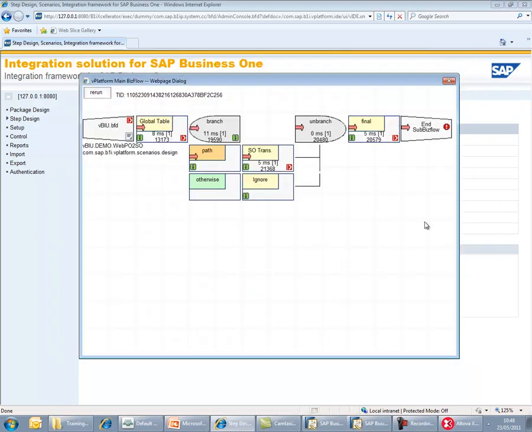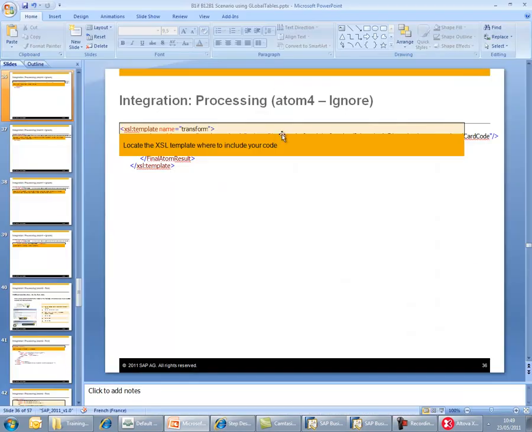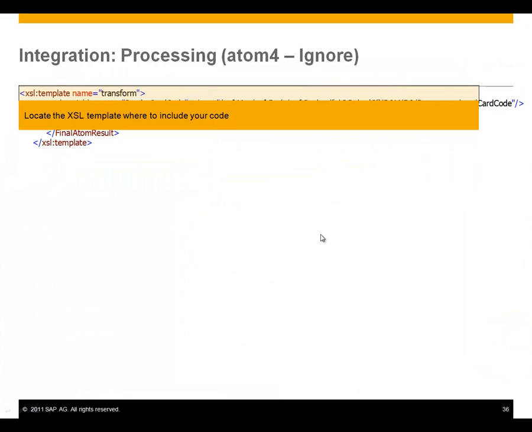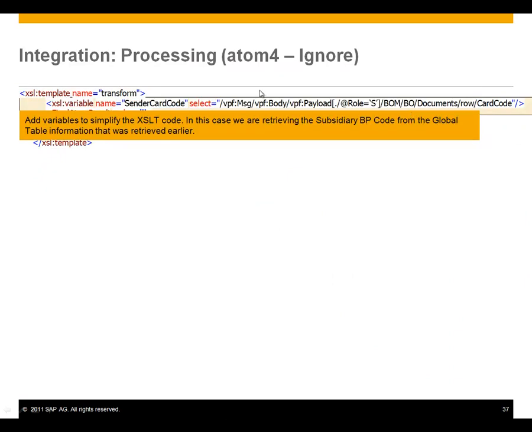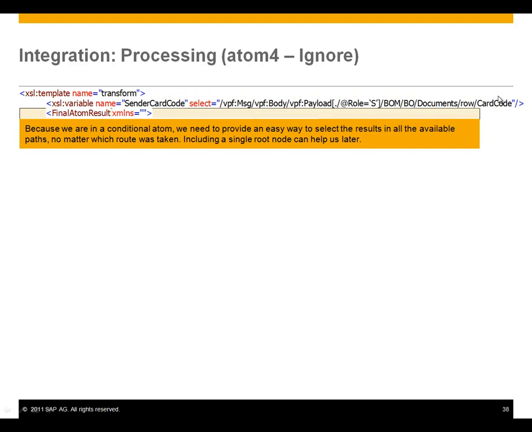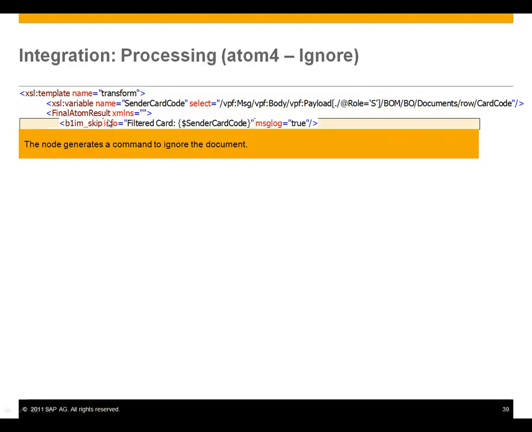So my transformation has worked fine. Let's do now the ignore part. The ignore part is also an XSLT transformation. We will search for the transform part, and we will define a variable for the sender car code. So we will obtain the car code from the sender, and we will also create the same final atom result, so the final step can know where to take the information, and we will just use that